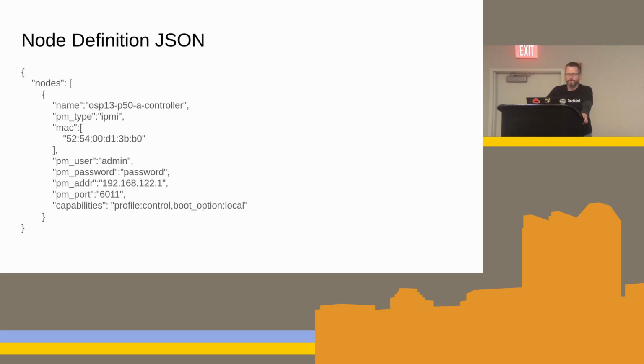That's a unique identifier. And then there's the PM login info and where it is on the network, what port it is. And then the last one at the bottom, the capabilities. This is purely an OpenStack thing, but it says to use a profile of control. That means that this particular machine will be a network controller, and then the boot option will be local. You don't need to have that in there. You can do that after the machine's been introspected